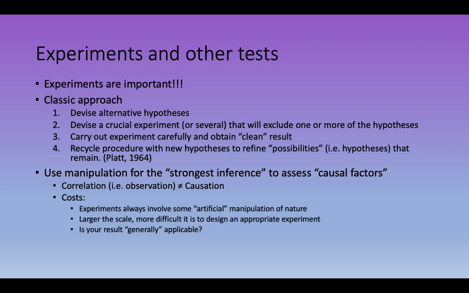So this is a costly endeavor, though. Experiments always involve typically some sort of artificial manipulation. So is that really natural, right? When we get to large scale, is it even possible to do a good experiment? Can you actually accomplish that? If we're thinking about ecosystems, how do I do an experiment? How do I perturb an ecosystem here and run a control somewhere else, right? Those are ethically complicated and maybe logistically impossible. So it's important to think about that.